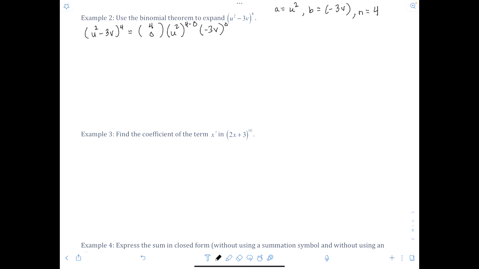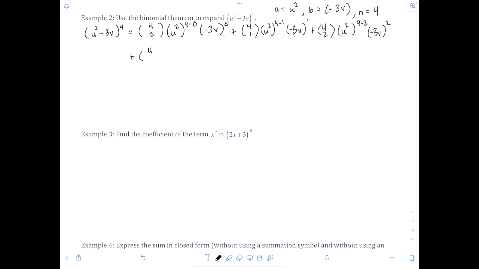So that'll give us our first term, plus 4, choose 1, u squared raised to the 4 minus 1, negative 3v raised to the 1, plus 4, choose 2, u squared raised to the 4 minus 2, negative 3v raised to the 2